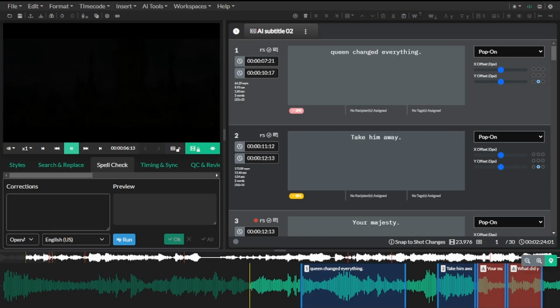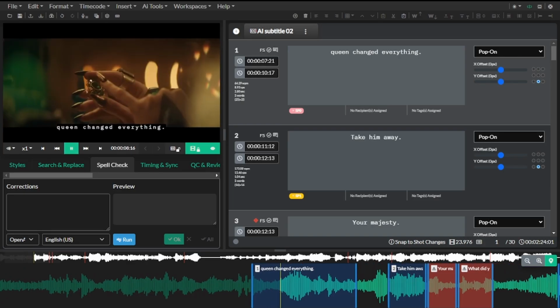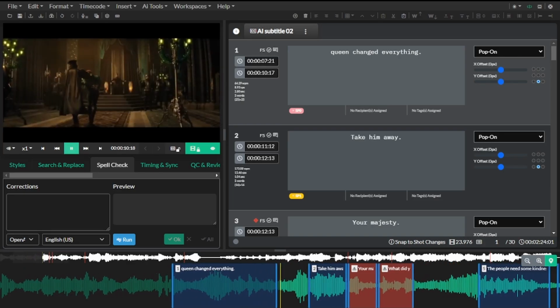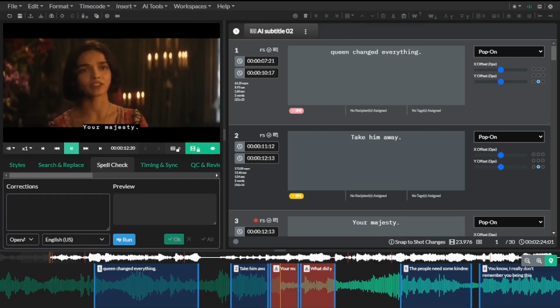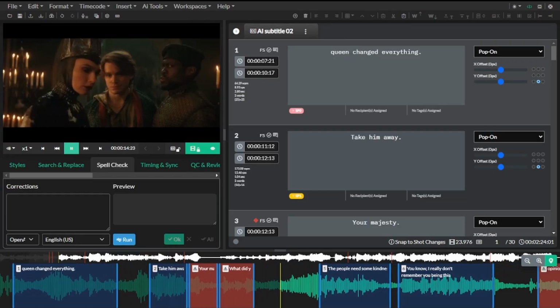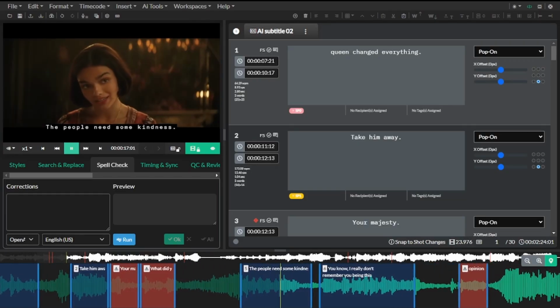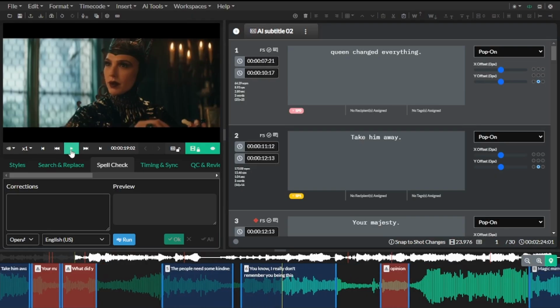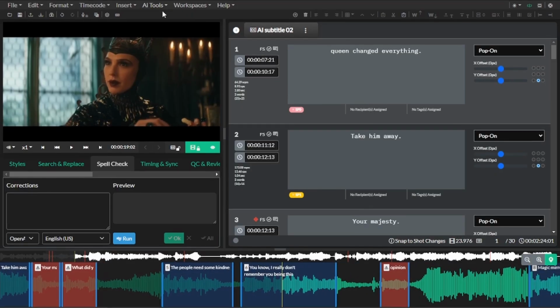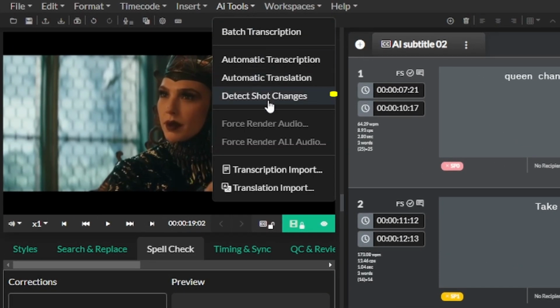In this video, we're going to show you how easy it is to time our closed captioning and subtitles to shot changes using Closed Caption Creator. Here I have a project already open in Closed Caption Creator. The first step is to identify all shot changes by going to the AI Tools menu and selecting Detect Shot